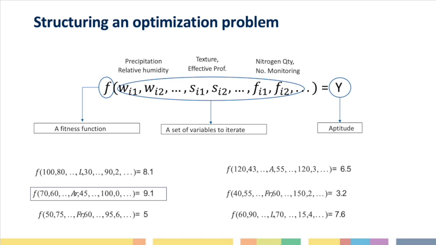Some examples: let's say that we have two variables that represent precipitation, humidity, depth, amount of nitrogen, monitoring, etc. This could have values like the ones that you're seeing on the screen. So there could be many different solutions if I work from this standpoint. If I would like to look for the conditions that will help me to achieve a better yield, then the